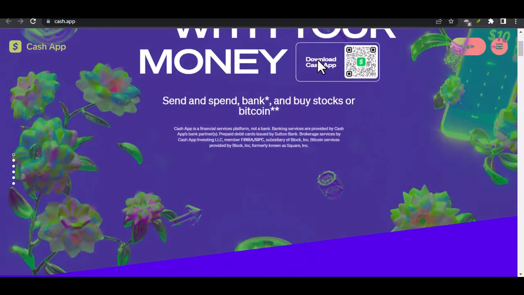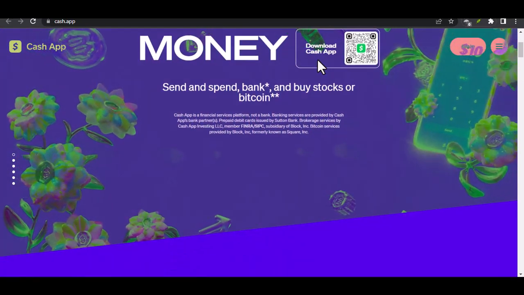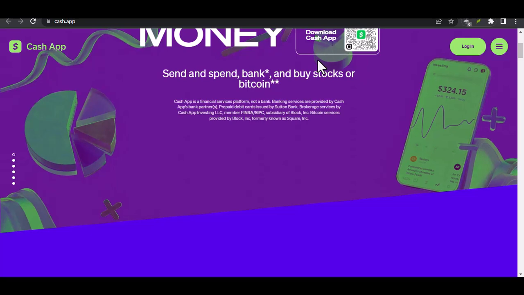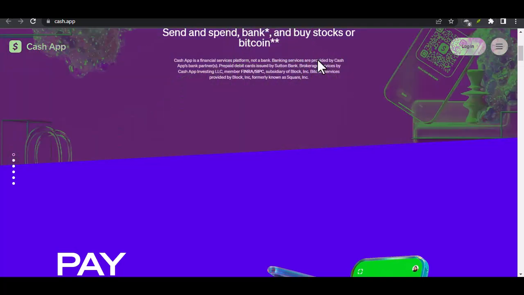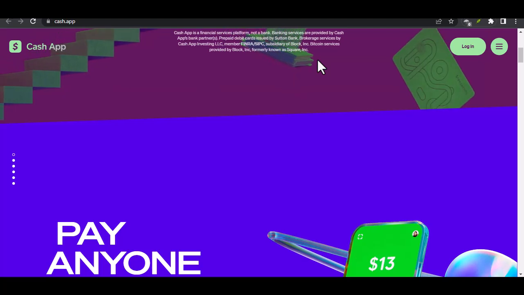Let's face it, Cash App has become a staple in our digital wallets. It's quick, easy, and convenient for sending and receiving money. But there's more to it than just tapping a button. There are a few different ways money can show up in your Cash App, and understanding them can save you